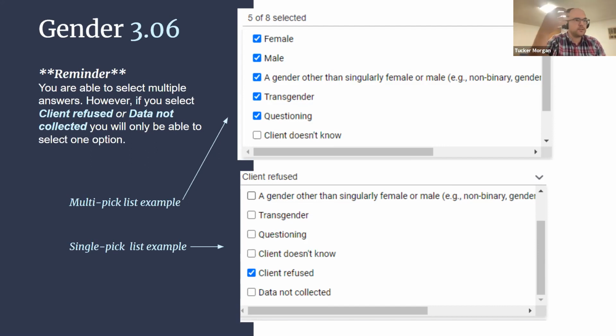So it's counting against your overall data quality score. So there is the questioning field now, which is appropriate for clients who are not sure how they identify, as opposed to they don't know how to give you the answer, or they're refusing to give you the answer. I think that's the key distinction, because there is the questioning field that's been added as of October 1st. Does that make sense to everyone?